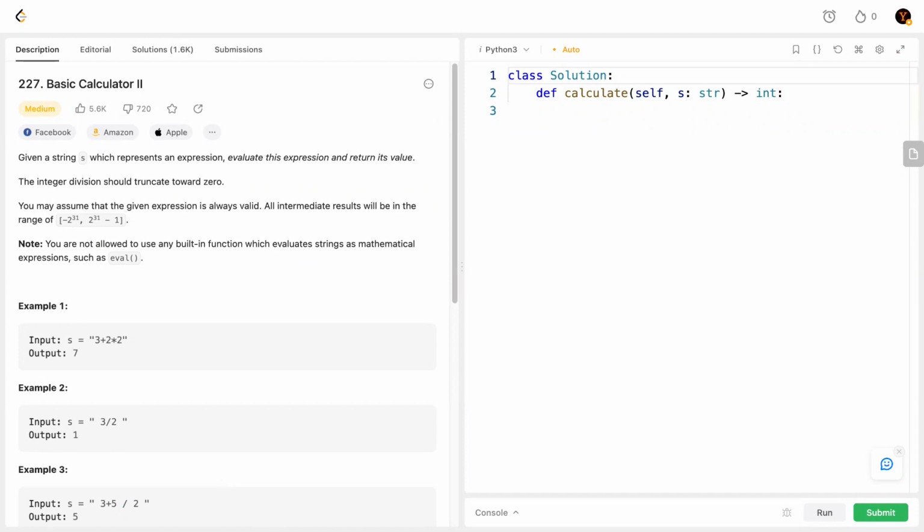a lot. And usually for calculator problems, we're going to use a stack to solve them, and for this question, we're also going to use a stack. The main difficult part is that if the string has operators like multiply or divide, we have to evaluate multiply and divide first,